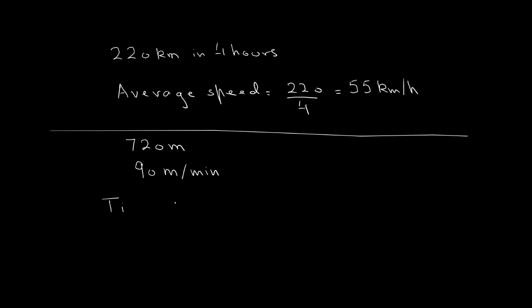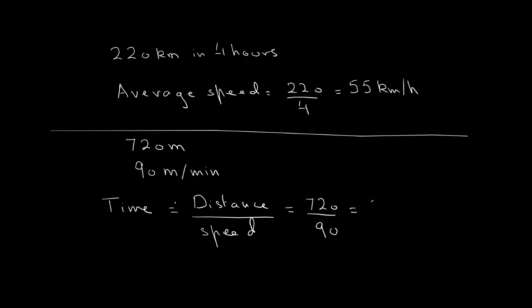So now you know that the time is going to be equal to the distance. So here's the distance. So it's going to be equal to the total distance divided by the speed, because we know that the speed was equal to distance divided by time. So by using cross multiplication, you can find out that time is equal to distance over speed, and then you can see the answer is 720 meters over 90, which is equal to 8 minutes.